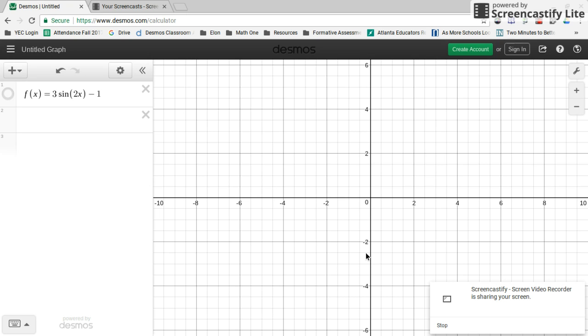So I don't know. How do I know if this started recording? Doesn't it have like a light right here? Yeah. It says screen video recorder is sharing your screen. Does that mean that we have started? Well, I'm not gonna do 6 minutes of this not knowing if it's recording or not. Wait, there's a red button right here. You see like a red dot. Ah, crap. Okay, yeah, the dot is red.